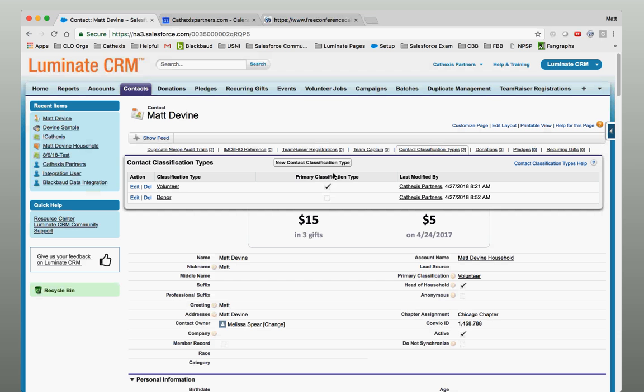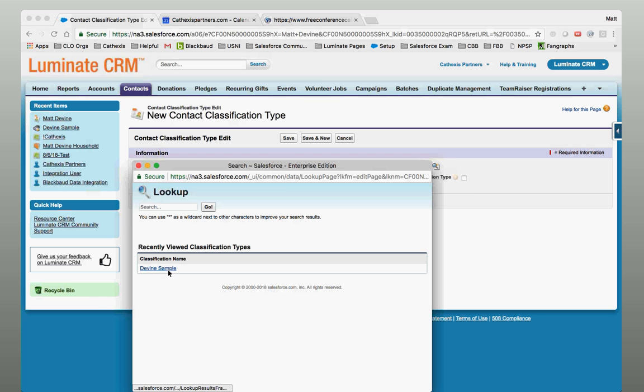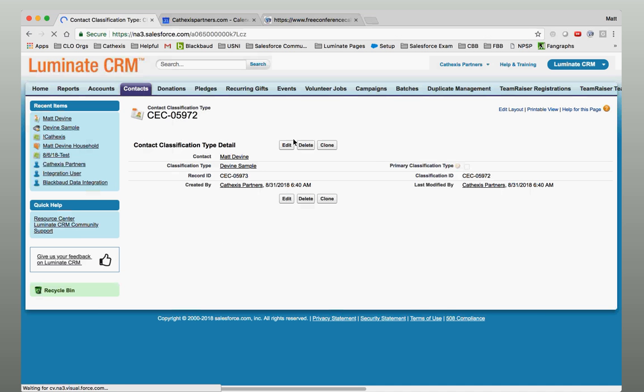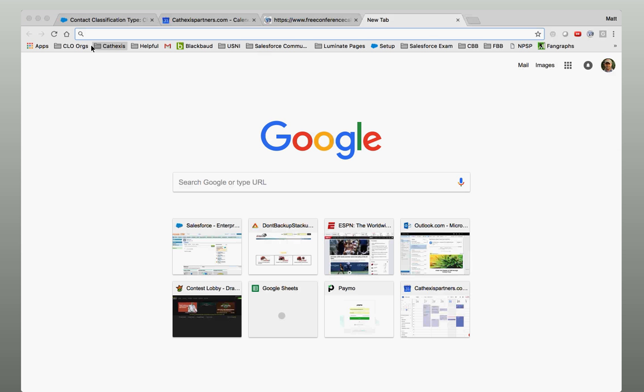So the classification type piece here, essentially once it's created, we're then deciding who gets to be part of this group, this classification. So I'm going to add this as one of Matt's. Let's say, down the road we get 10, 20, 30 people that all want to be part of this divine sample group. Now what happens is that when I go into Luminate Online here,